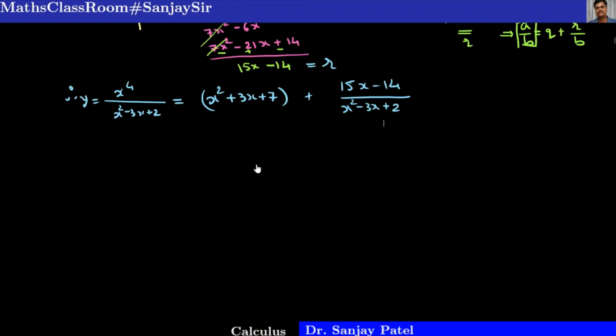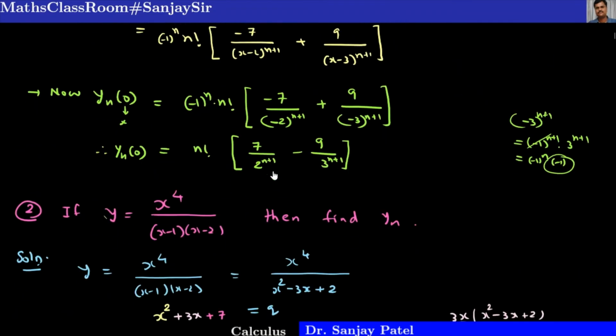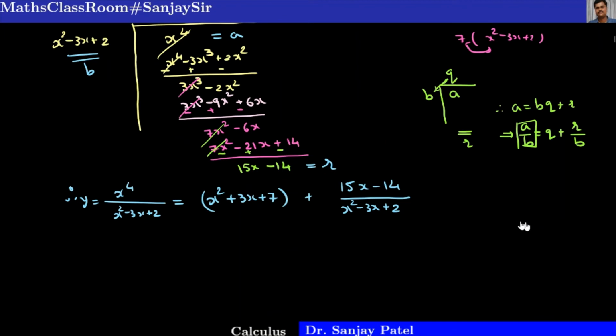Now let us call this result number 1. What I am going to do is this: y is equal to this thing, still I want to express in terms of partial fractions. So I will separate this x square minus 3x plus 2 because I do not have a formula for the nth derivative of 1 upon this kind of polynomial, that is ax square plus bx plus c type. So again we consider